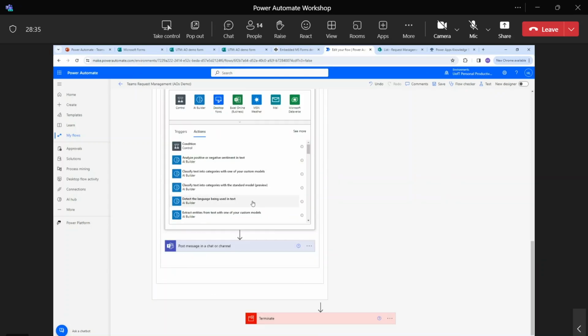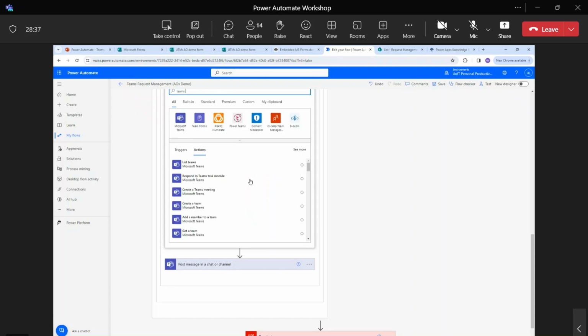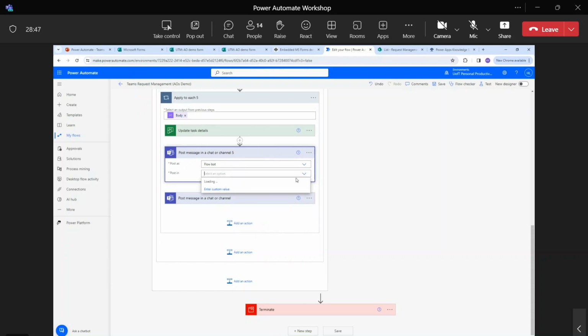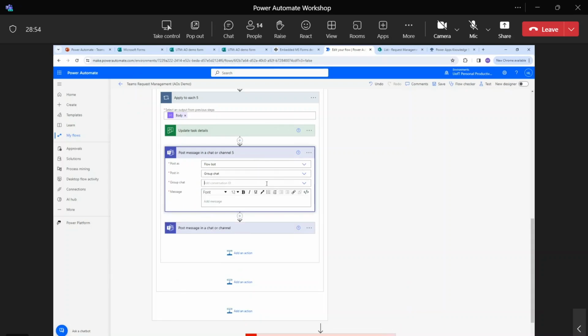I'm going to try to post to Teams. Okay, right over here. I'm going to post a message in a chat or channel. Same thing, I'm going to use the flow bot to post. I'm going to post in, all right, a group chat. As you can see, it's really easy to select, and it's going to look for,